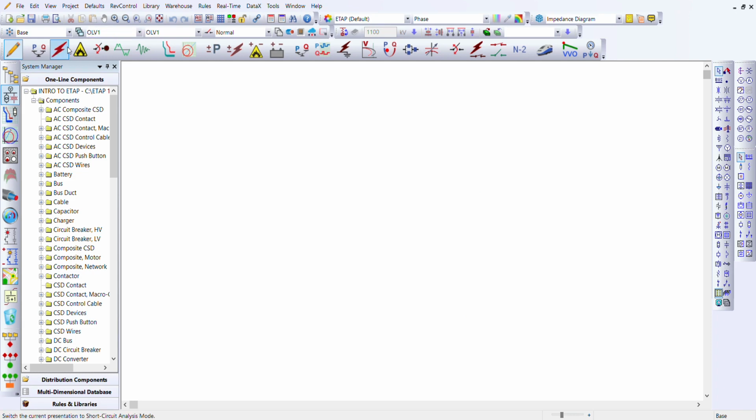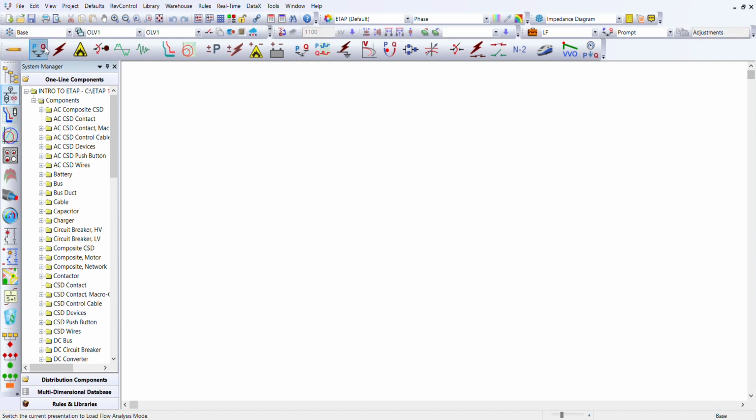Then this is the short circuit analysis. This is arc flash analysis. Same thing with every other mode. Now let me give you this ideology with load flow, and then we apply it to every other thing. On load flow now,